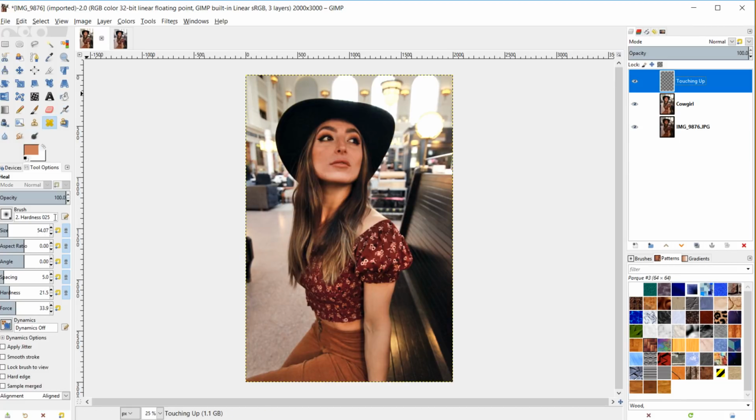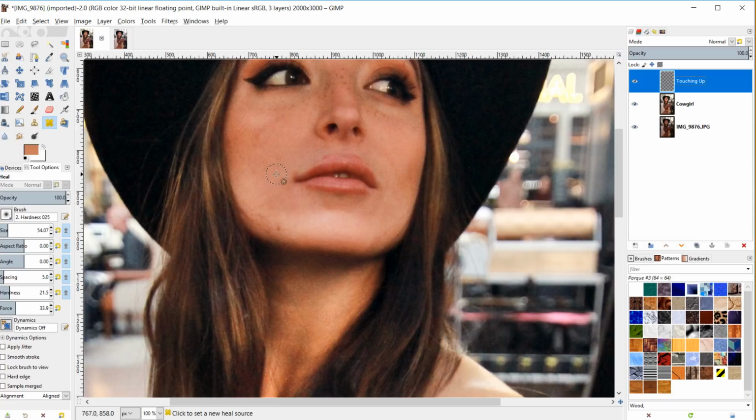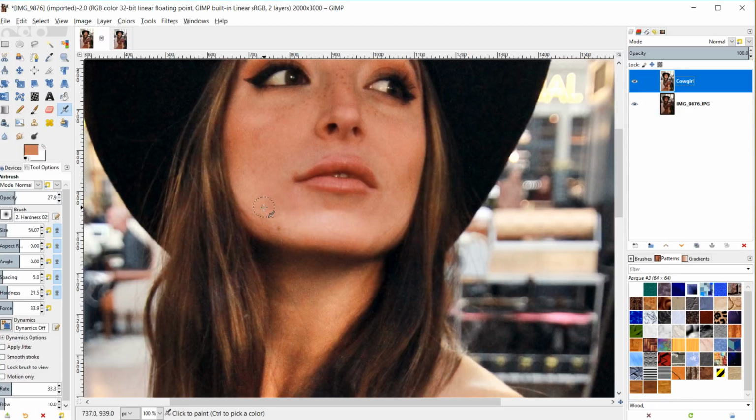Same with the heal tool, except I believe with the heal tool, you have to be on the same layer that you're trying to edit. So they're going to change this tool so that you can more easily access colors from below layers. Anyway, I shouldn't be getting into this right now, but the short answer to your question, and let me just delete this touching up example layer, is that